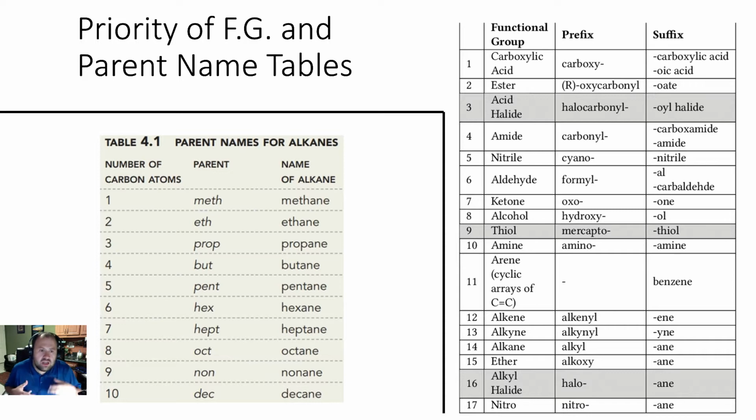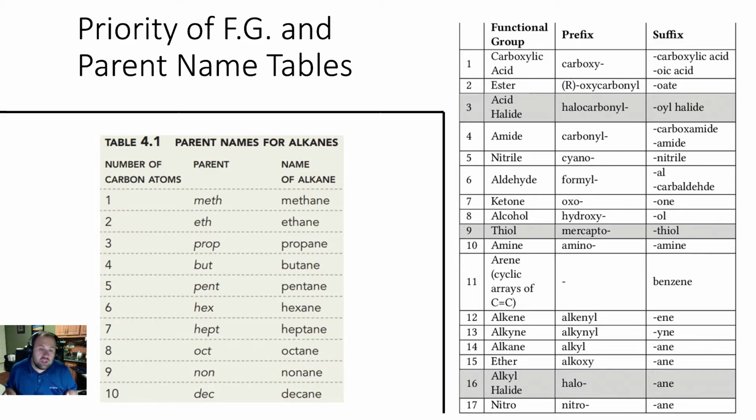That is to say, knowing what to call a 4-carbon main chain or a 5-carbon main chain, or if the highest priority functional group is an aldehyde, or how do you know whether an aldehyde is higher or lower than some other group. These are all charts that you need to